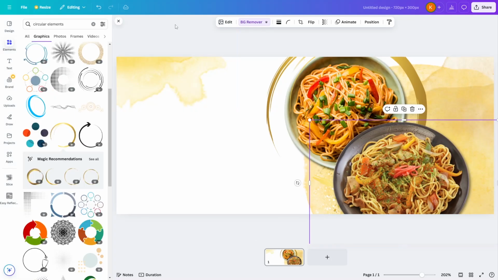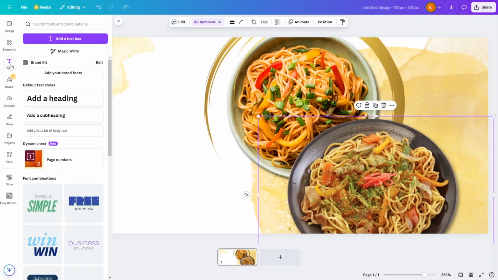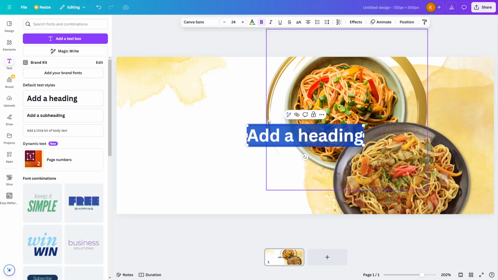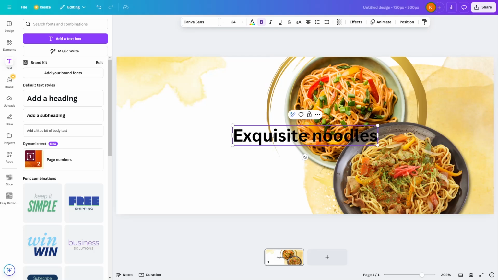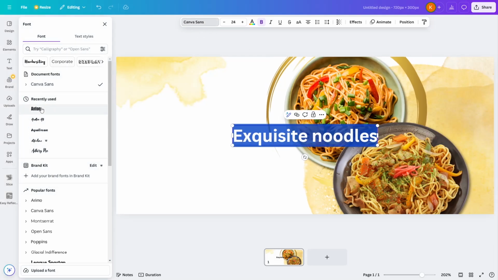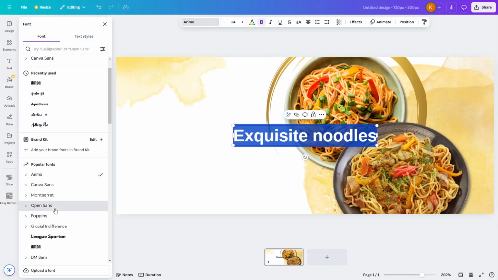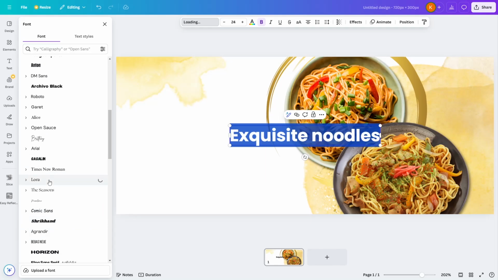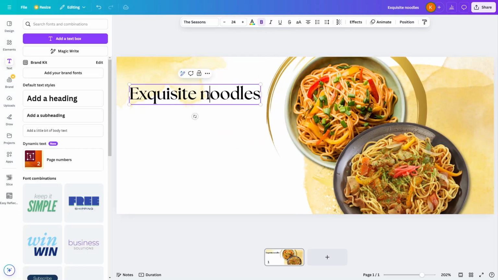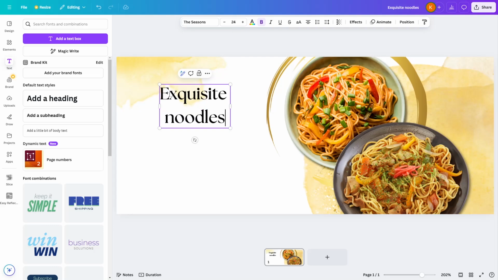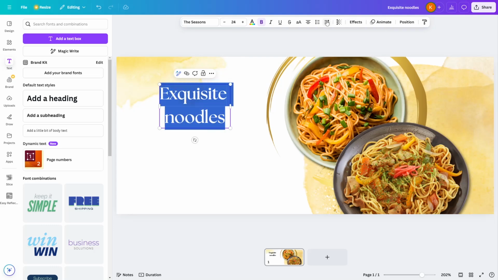And then let's add some text elements. Click on text, and then click on add a heading afterwards. You type in tasty, exquisite noodles. Let's change the font to, let's say, a sans serif, just like this, maybe. Up to you, actually. Or as elegant as the seasons. This will do. You can even hit enter to make a new row, and then you simply do some spacing,